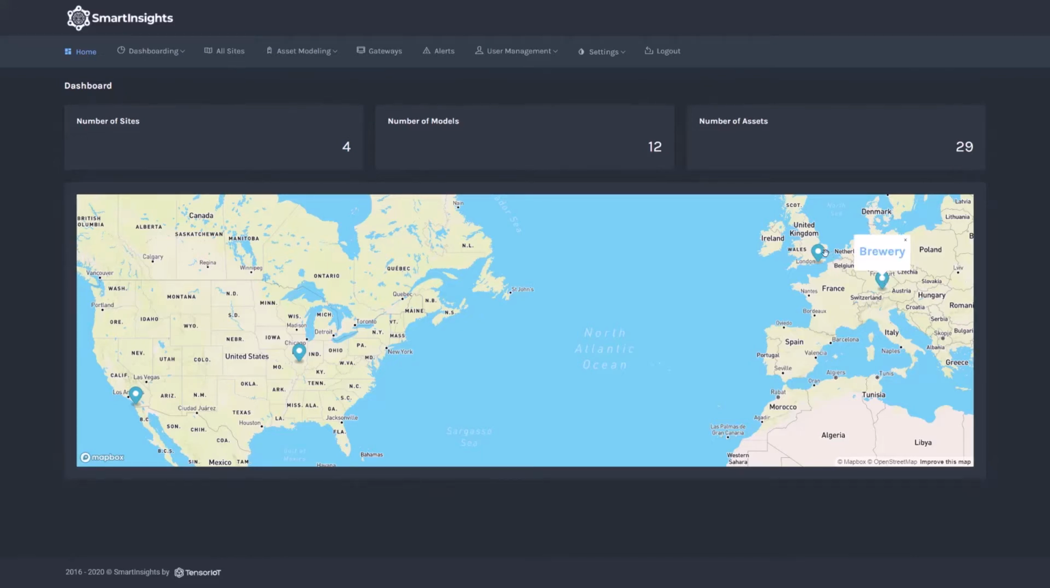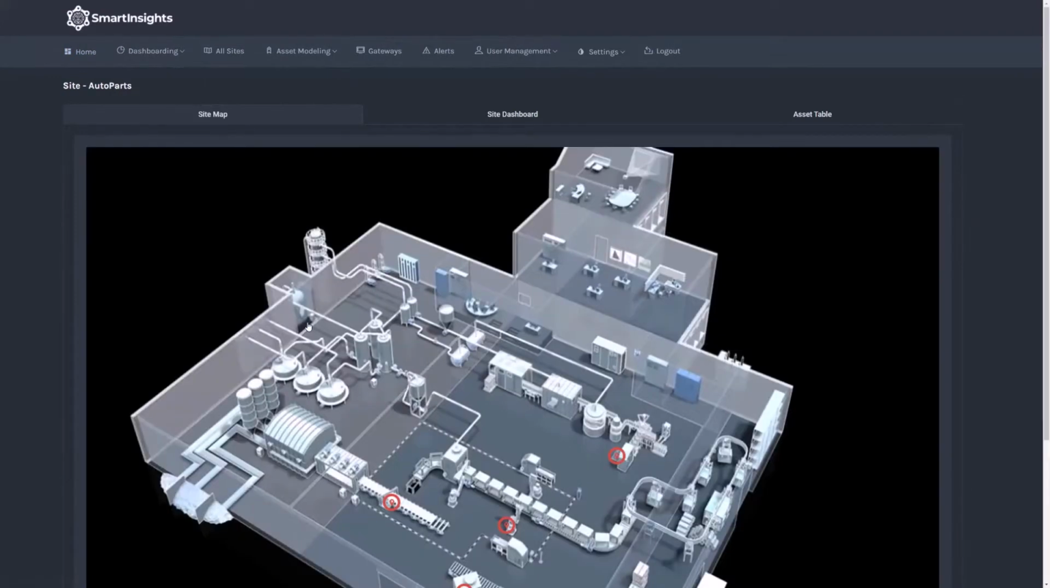I can click in and see what type of plant or site this is, and when I click in on a particular site, I see an overview of that presented visually. That could be a 3D image, it could be a CAD diagram, it could be even an actual photograph of the plant itself. I see a pin that shows me all of the different pieces of equipment that are available,